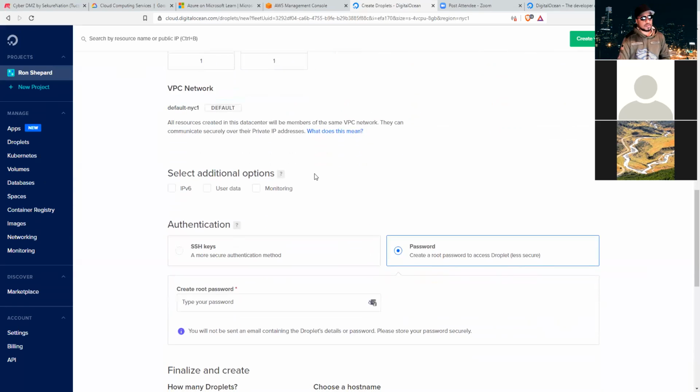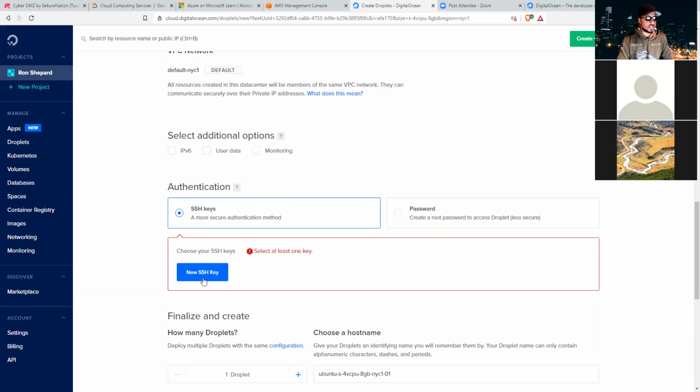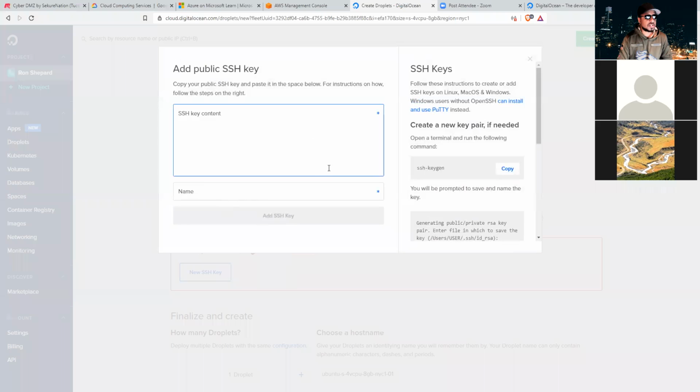Now, there's a lot of additional resources, and just like AWS, the reason I'm coming here is to let you know that AWS, Google Cloud Platform, Microsoft Azure, and DigitalOcean allow you to either do pre-shared key, or let's say shared key or password, or you can do SSH keys and generate your SSH keys. And so you can do new SSH keys where they can let you actually open up a terminal and run your SSH keygen. You can do this with